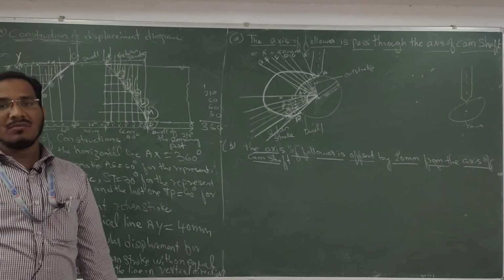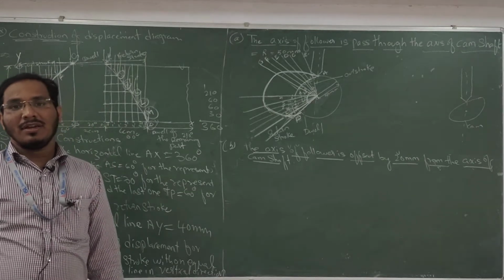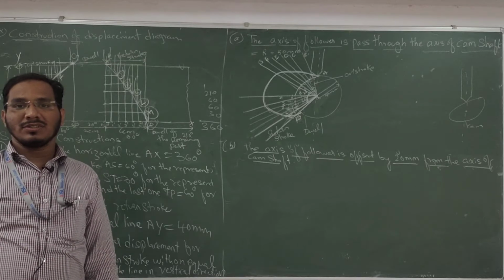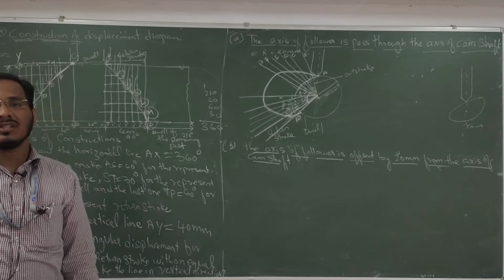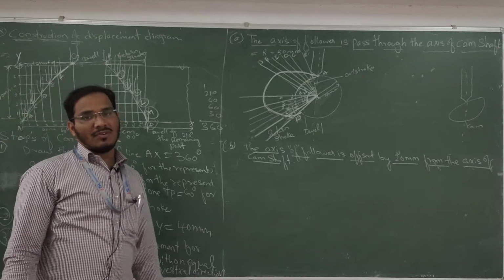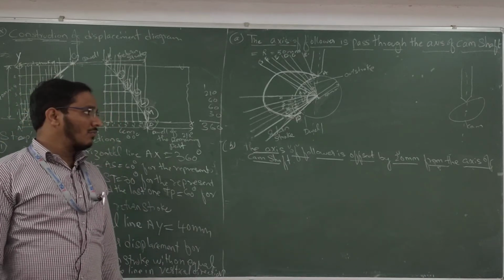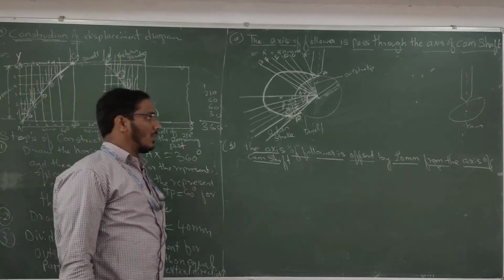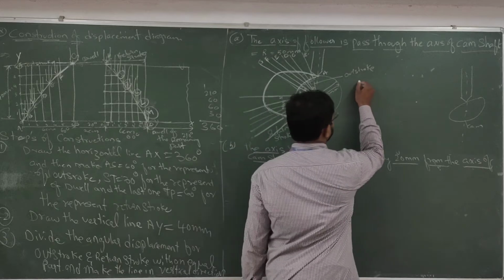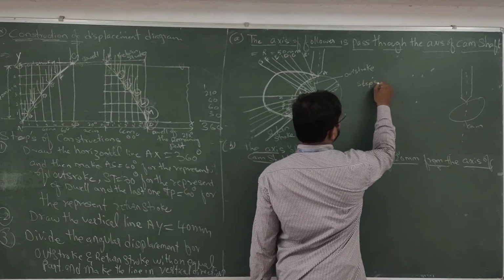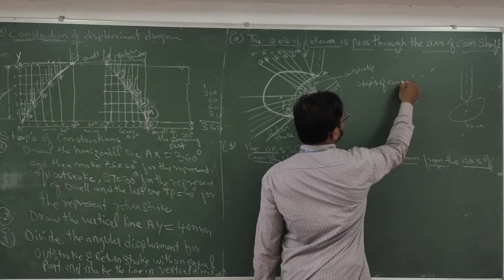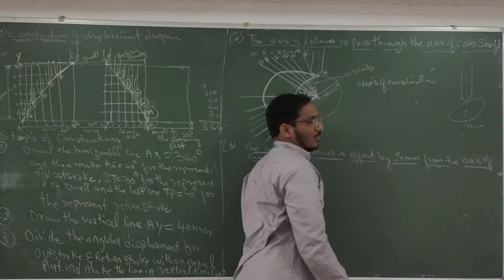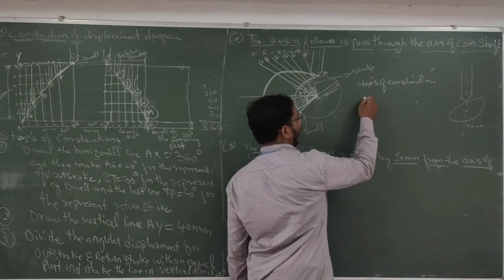This is a rough diagram that I made. If you take exact values and accurate readings with the help of compass, protractor or scale, you will definitely get a correct figure. Like this you have to draw. Then after that, you know very well, you must write the steps of construction.